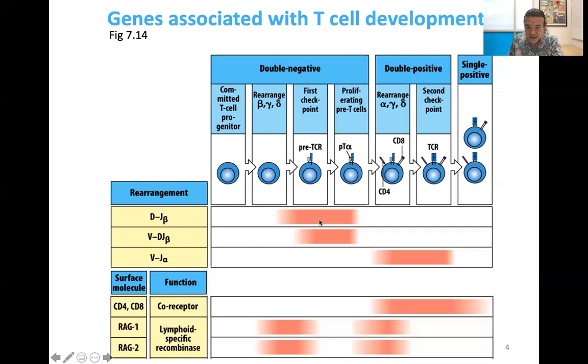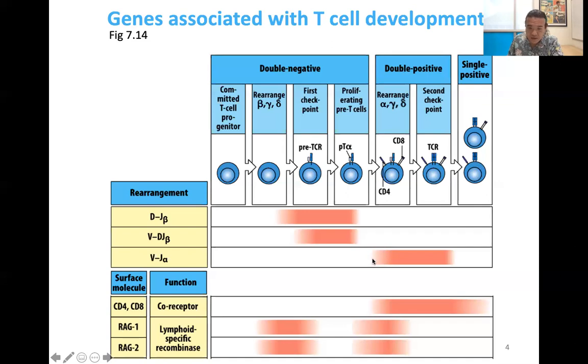And then once that's done, the RAG oven mitt sort of pauses. So the production of the RAG oven mitt goes down because the cell wants to make sure, at this point, that the beta chain looks good, right? So remember, it does that by doing a little quality control check. It has this little gray pT alpha protein that binds up with the beta chain of the pre-TCR that's forming, and makes sure that it's okay, right? So this pT alpha here checks it out. If that looks good, then you proceed with